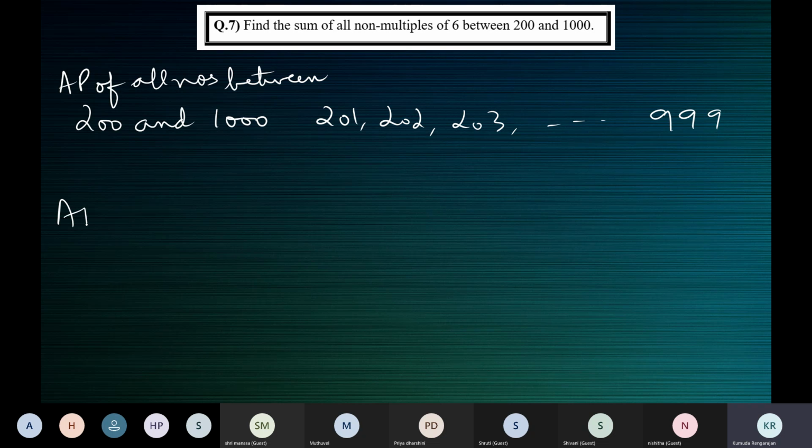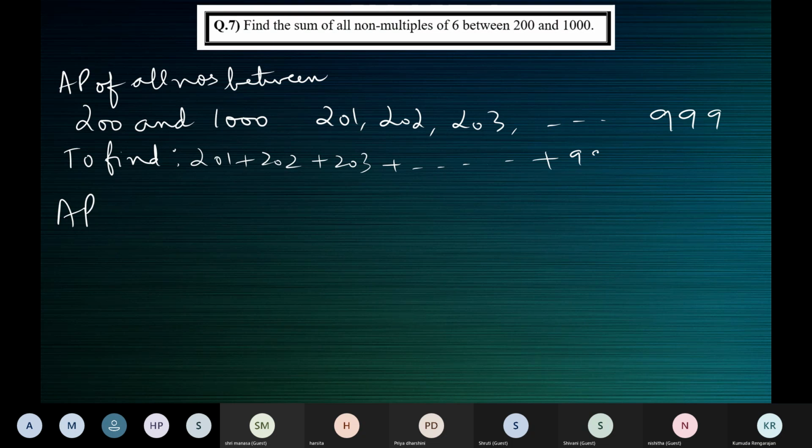Next, what AP will you generate? Multiples of 6 between 200 and 1000. Okay, so actually I'll just write this. After generating this AP, we should find 201 plus 202 plus 203. We should find the sum of all the numbers. You should use a formula and find it. That's the first step. Then Harshita, yes, AP of